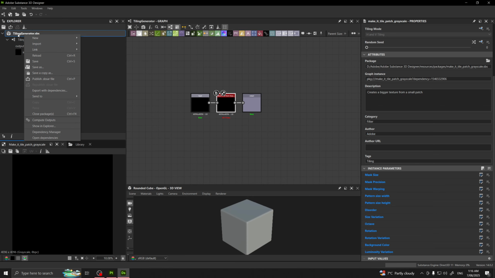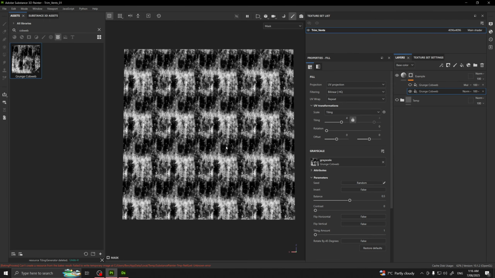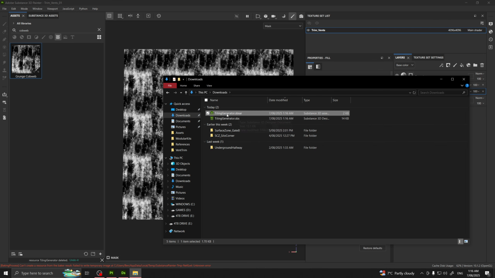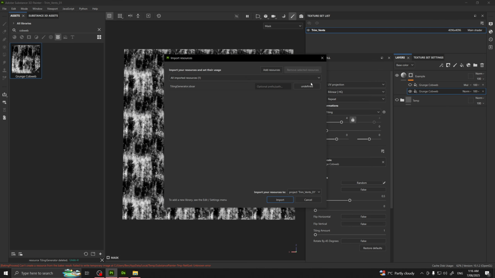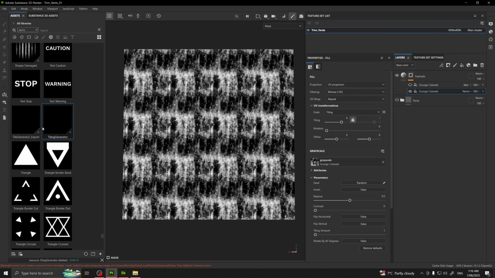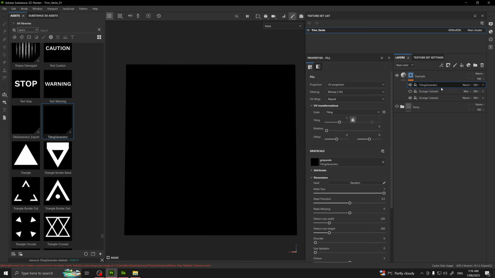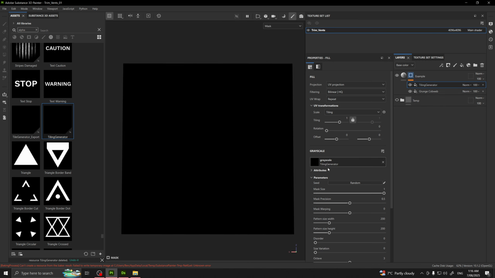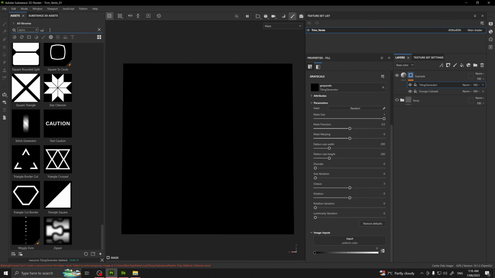So if we right click on this, press publish as SBSAR file, and just press publish, and then go back to Painter, open up wherever you saved it, drag it in, and I'm just going to set it to an alpha because I do it in grayscale values, and then it'll be right here. Ignore that one. Drag it onto your black mask, and then what you can do is plug your cobweb material